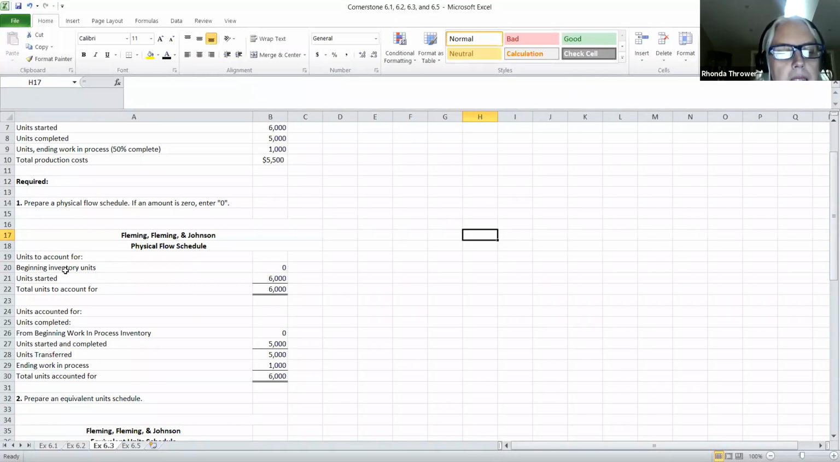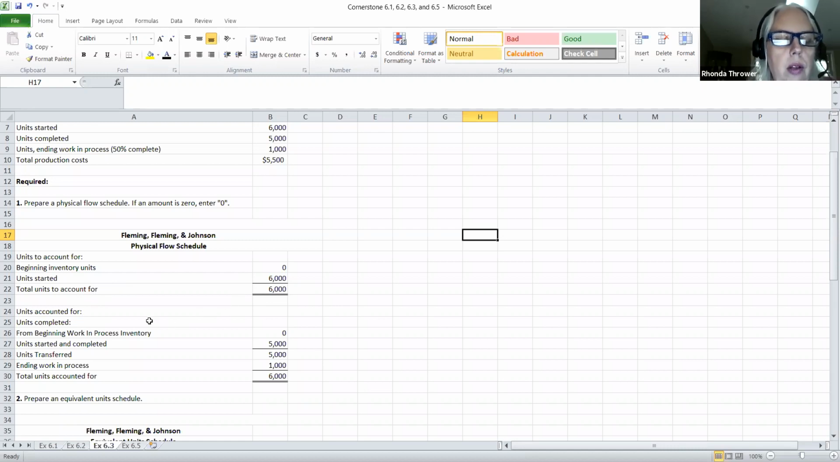The beginning inventory units plus the units that we started during this period of time are going to give us the total units that we have to account for. The units that we started was given up above at 6,000. So beginning inventory plus your units started give you the total units to account for. Notice I have a double rule underneath this total. We're going to reconcile this total in the next part of this physical flow schedule, which wants a breakdown further